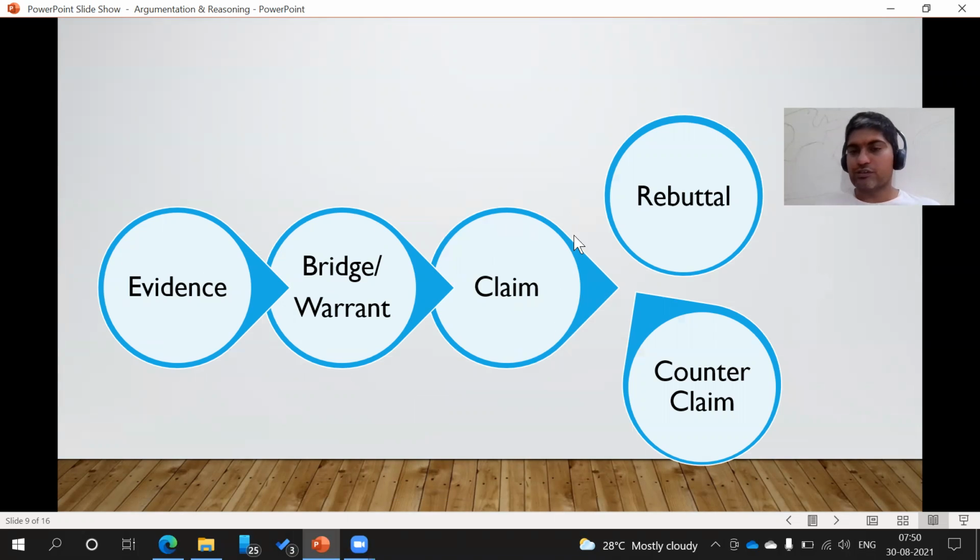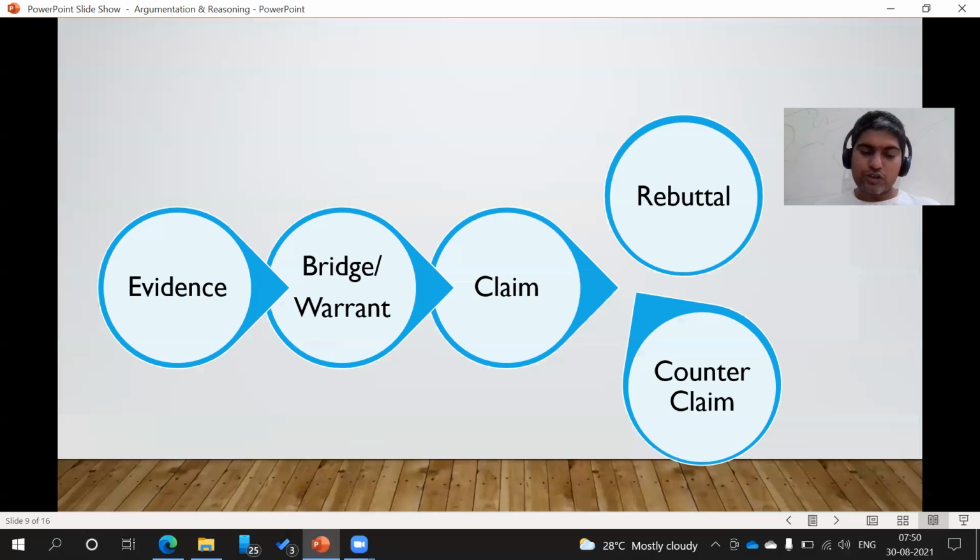What are your options? You can either accept the claim if you are satisfied, or you can provide a rebuttal and make a counter claim. Or you can provide a rebuttal saying that you do not agree with this, and why, but you may not have a counter claim to make because you do not understand the thing really well. You will say that right now your evidence does not lead to this inference, that's a wrong claim you're making. But what is the reality? Even I don't know right now.